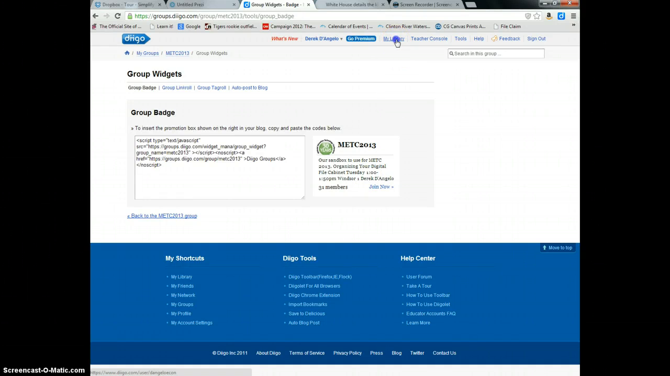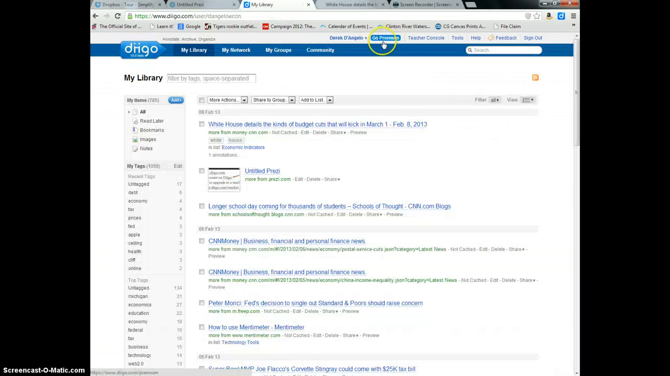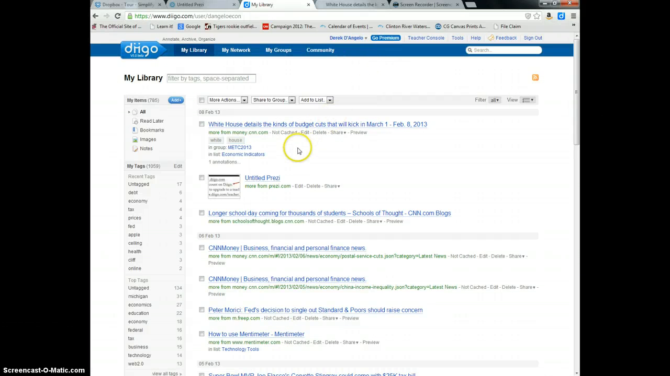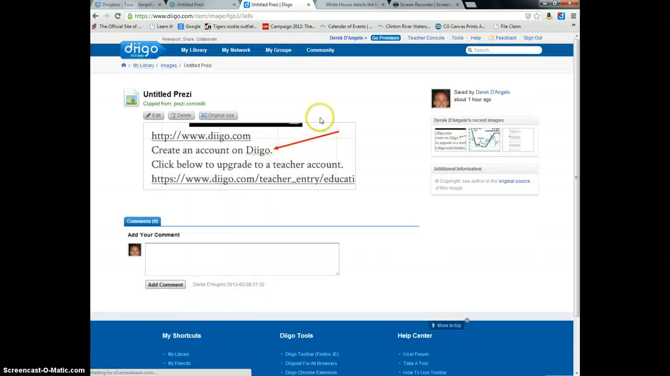So now I'm going to go back to just my library, kind of get out of the teacher console area at this point. If I wanted to delete any of these articles, I could click on them and go to More Actions and delete them. A lot of different choices. This right here is showing that you can take screenshots from an article and save it. If I go back to an article